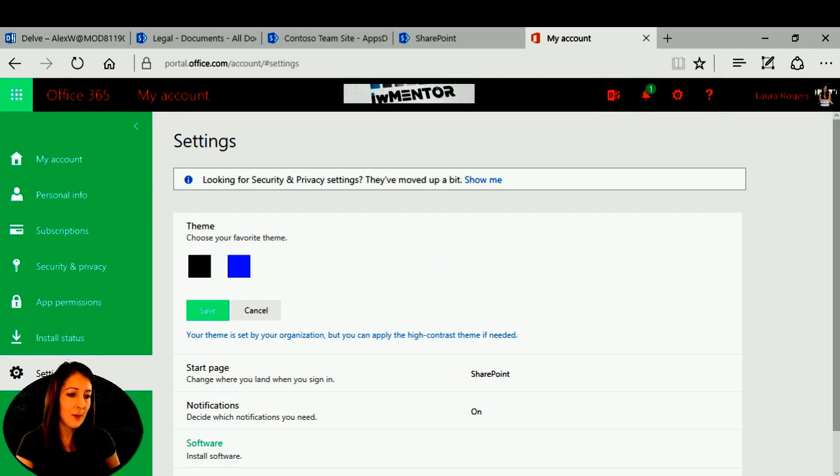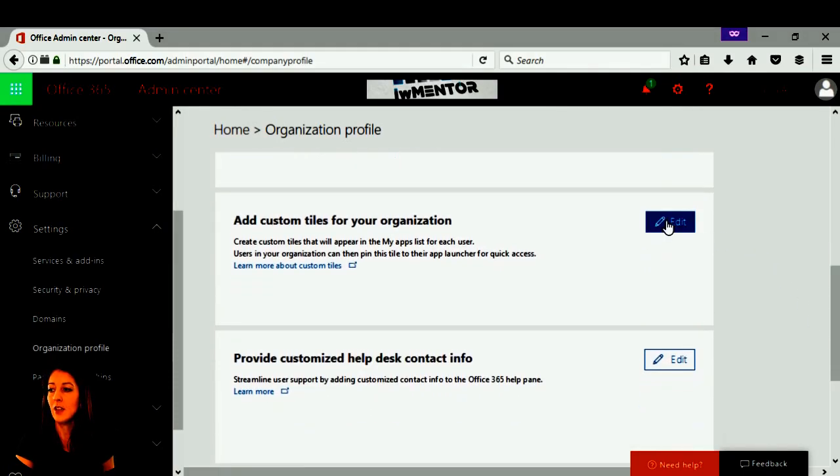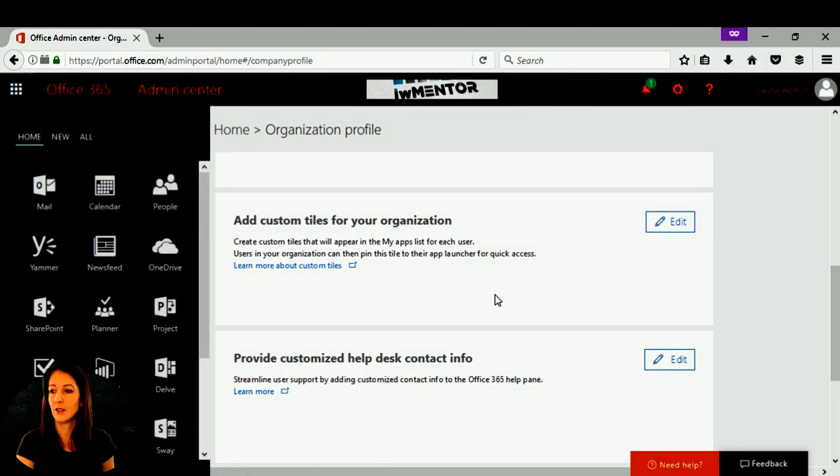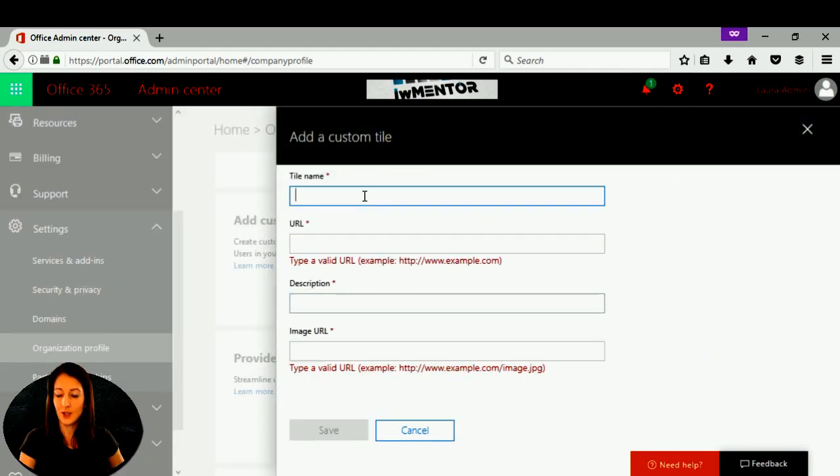All right, so let's go back over to, pretty cool, right? Go back over to admin and let's see, Office Admin Center. And I can do custom tiles. Custom tiles are these things over here. So I can create my own custom tile, add a custom tile. I'm going to call it